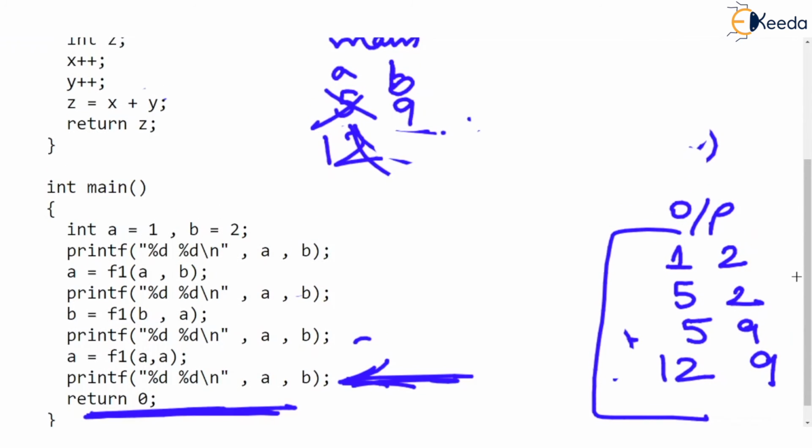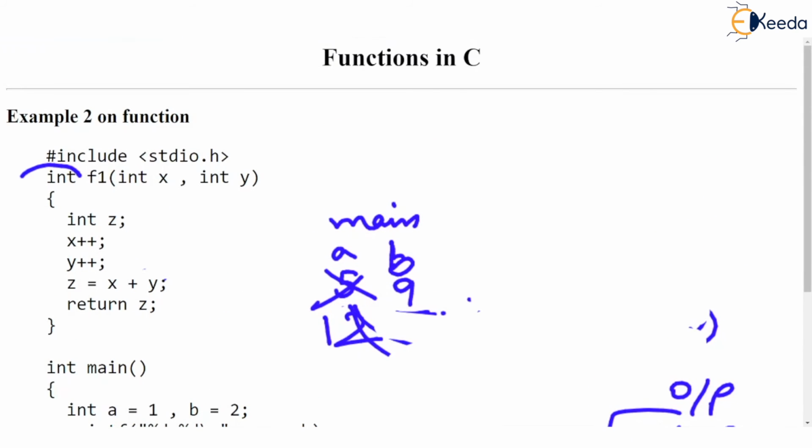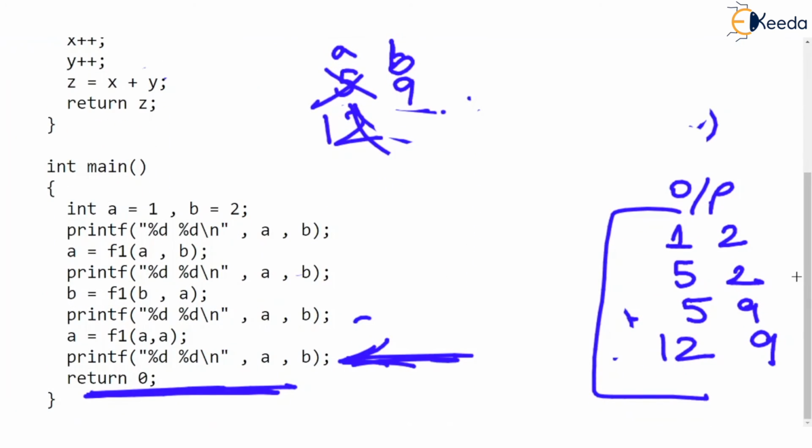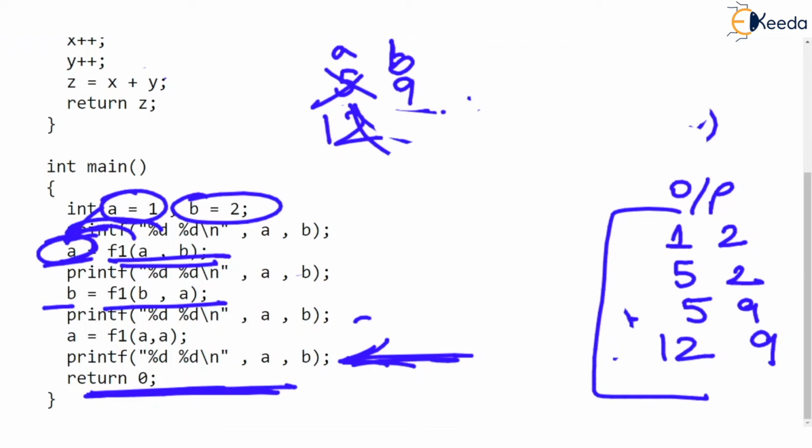This example was taken just to tell you how a function returns a value, and the value is always returned at the call. And whenever a function returns a value, you normally have a variable on the left which stores the value returned by the function. So when A becomes equal to f1(A, B), A gets modified. When B becomes equal to f1(A, B), B gets modified, and so on. So I hope you have understood another aspect of the function that we have earlier learned in the function fundamentals.